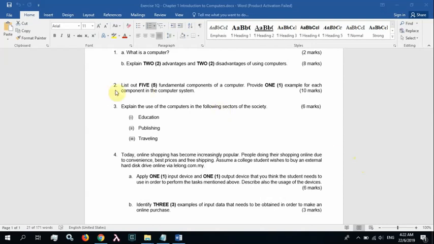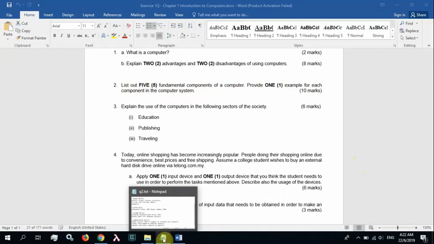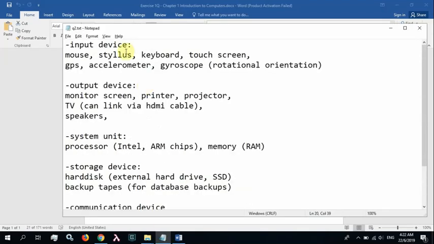So question 2, list out 5 fundamental components of a computer. Provide one example for each component in the computer system. Let's look at the categories first. Okay, you have input device to